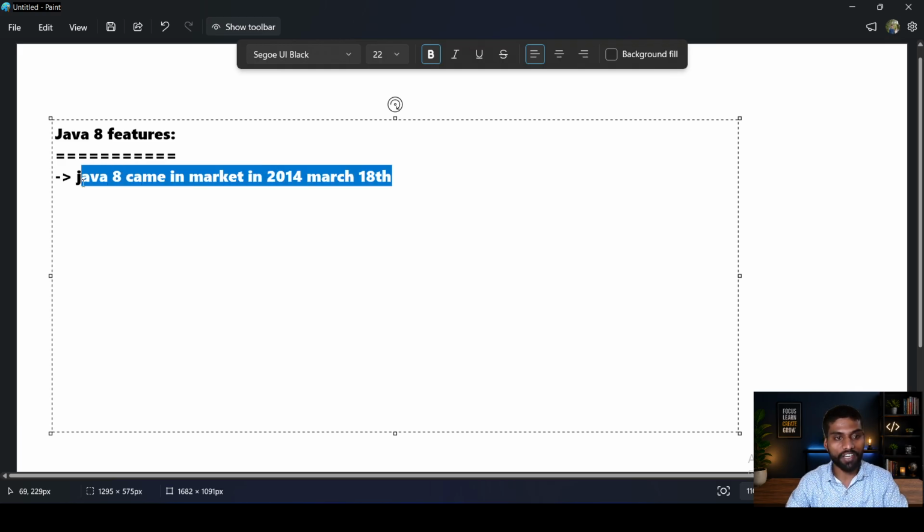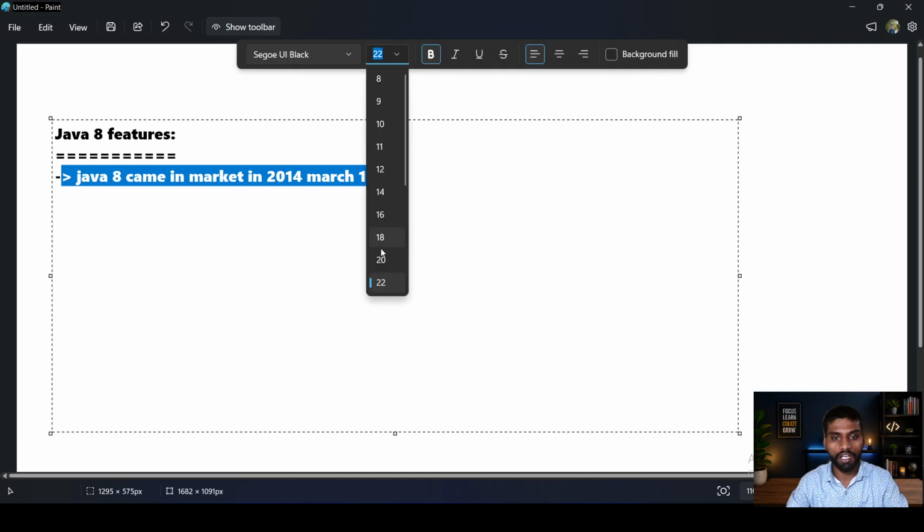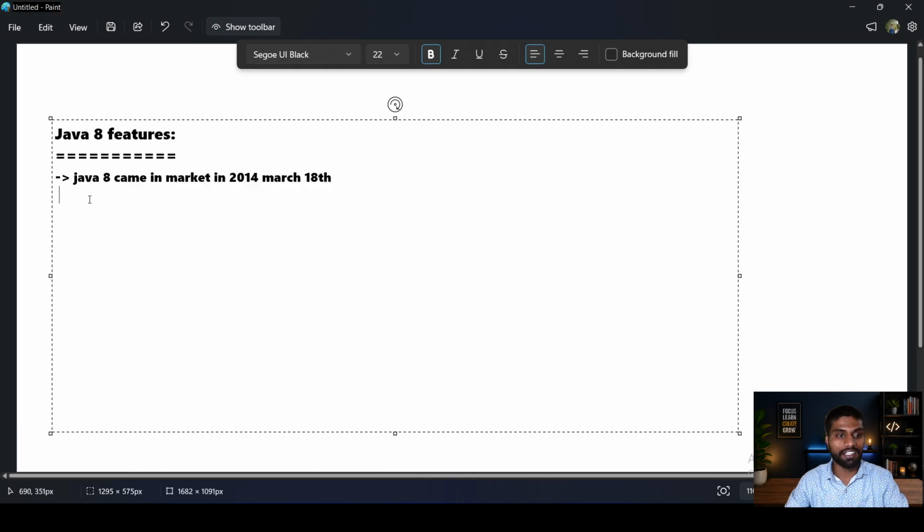What is the need of Java 8 features? Have you ever heard about Python? If you write 10 lines in Python, for that we need 100 lines or 50 lines of code in Java. Yes or no? Like Python, Ruby, or any R language. If we write 50 lines in Java, then in Python for that we need only 5 to 10 lines. Yes or no? So Java people understand this. We are losing our market.